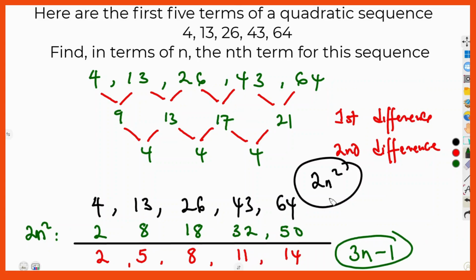So now that you know the nth term for the linear sequence, and also the nth term for the quadratic part, all you need to do is add up these two, and they will give you the nth term. So you add up this and this, and you're going to have 2n squared plus 3n minus 1. This is the nth term for this sequence. Okay,